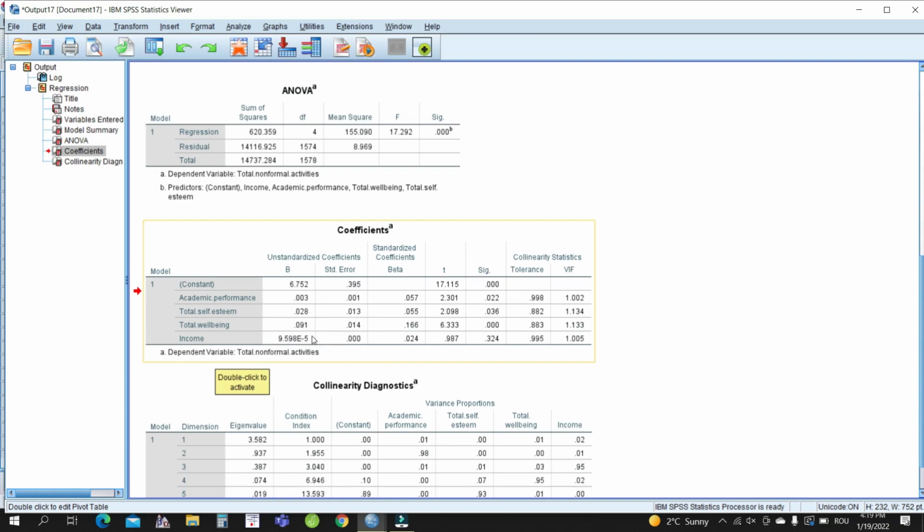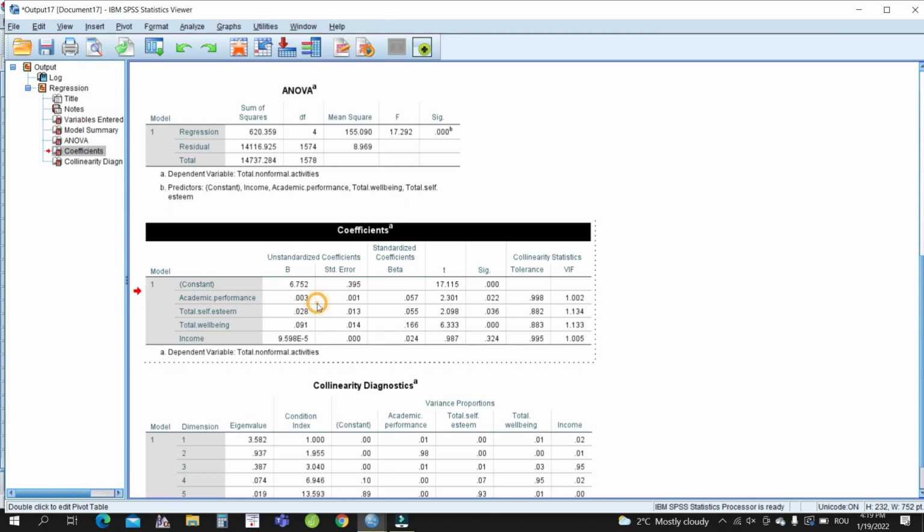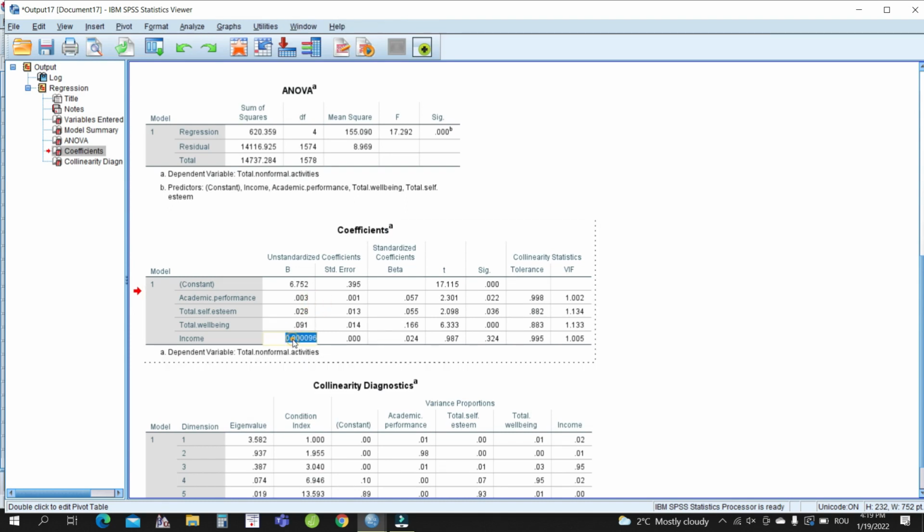As far as the income is concerned, as you can see, the value of the unstandardized regression coefficient has a rather bizarre form. This happens when the value is very small. I will not get into mathematical details, but by double-clicking on the table and double-clicking on that cell, you can see the actual value, which in our case is